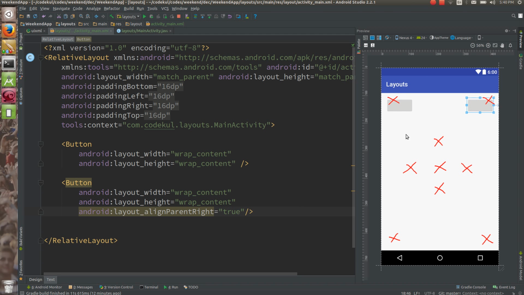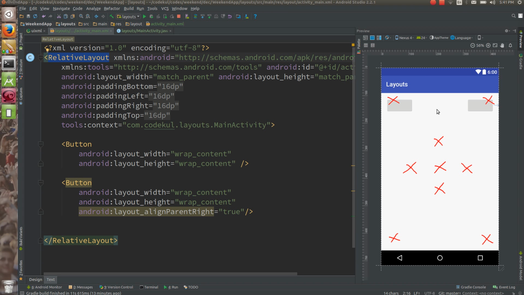Gravity is in the linear layout, right? Gravity is in the linear layout. So you can say that I would be getting this one linear layout, this another linear layout. But how will you take one linear layout to the bottom? That is the question in the case of linear layout. If your outer layout is the linear layout, how will you get it at the bottom?